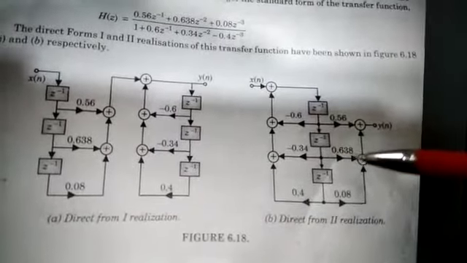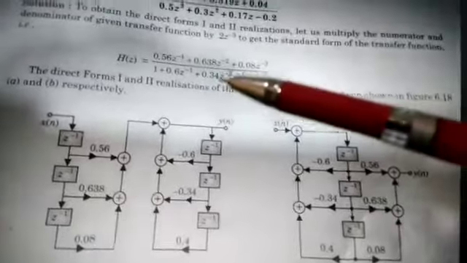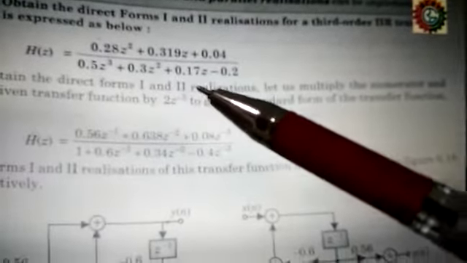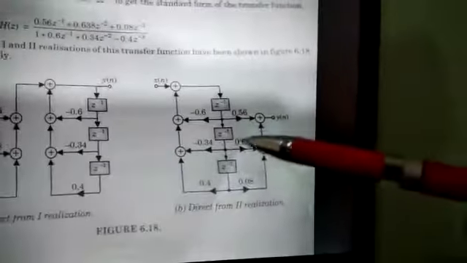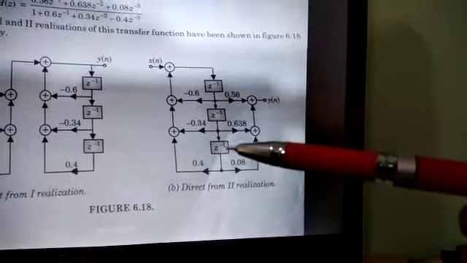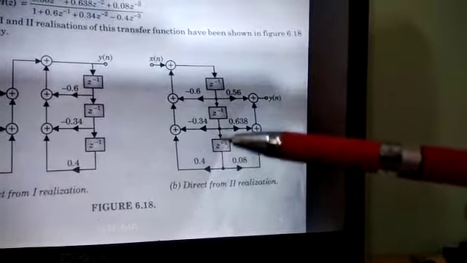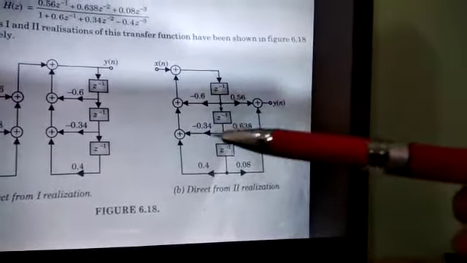And using this we can also decide whether it is canonic or non-canonic according to the order. Since this given function is of the third order, we require 3 delays for the canonic system, and if the delays are more, it will be non-canonic. So you can see this system is a non-canonic system, while this system is a canonic system because it uses only 3 delays. So the number of delays will be equal to the order of the transfer function, that is third order. Therefore we can say that this system is a canonic system.